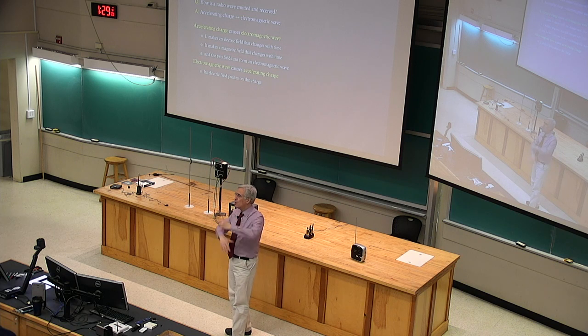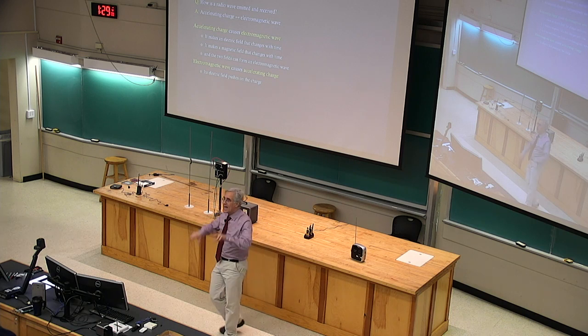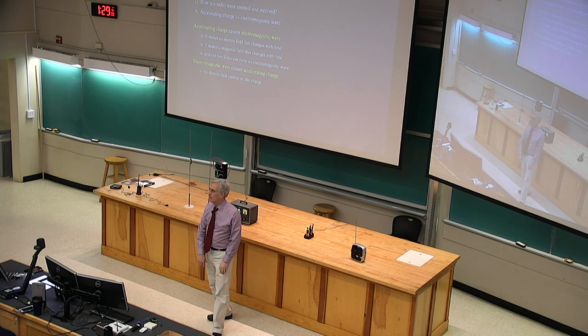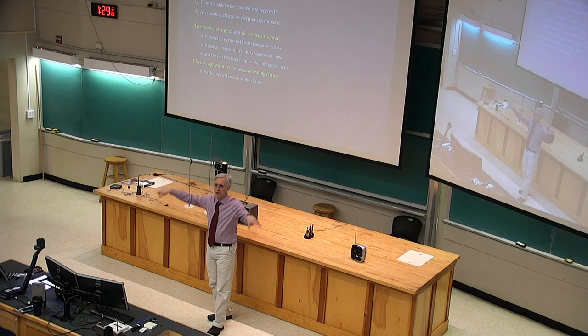All the charges in you and everything around us right now, they're all jiggling around with thermal energy. They are therefore accelerating. They are therefore launching their own little waves. Those waves are in the infrared light. They are the thermal radiation that comes off of things. So if you've ever seen thermal imaging of people or of surfaces and stuff, there are machines that can observe thermal radiation of room temperature type stuff, human temperature type stuff. They're seeing the little waves that are launched by the jiggling charges. Questions about that idea?